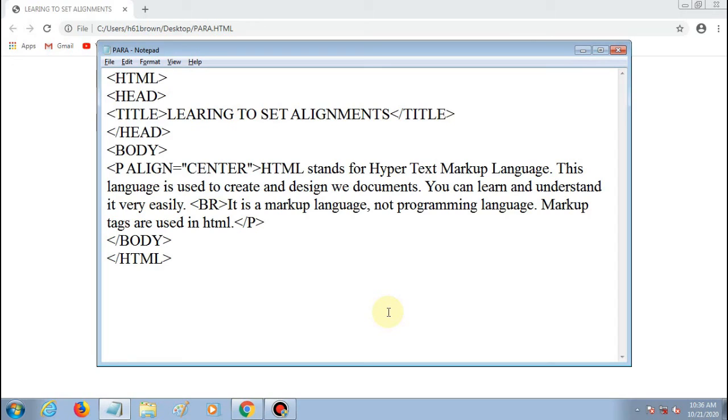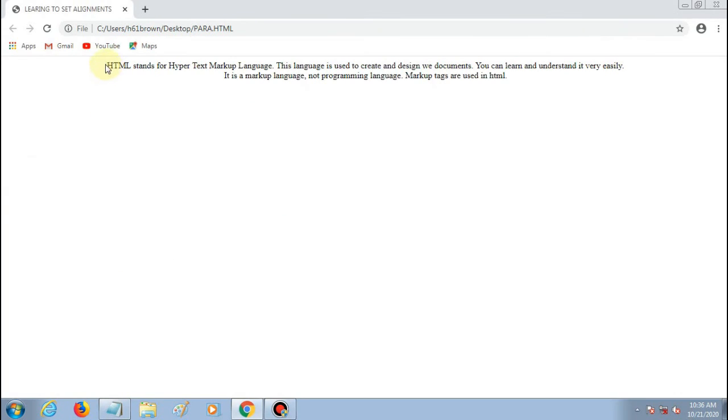Hello everyone, in this video you will learn how to give heading in HTML and how to give blank spaces and how to set background color and formatting tags in HTML. So this is a simple coding to create a paragraph in a web page. It is displayed like this, and if I want to give heading, then